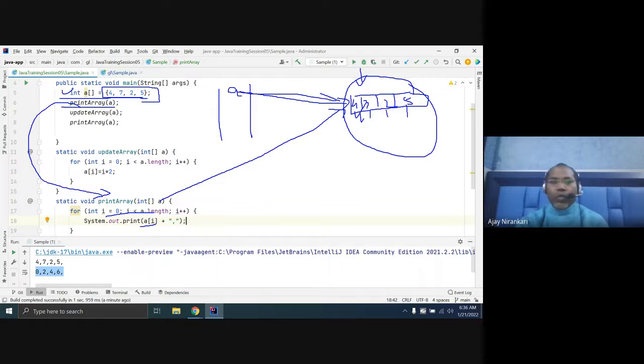Whenever you print the first time, this print method also refers to the same memory location and prints all the values.